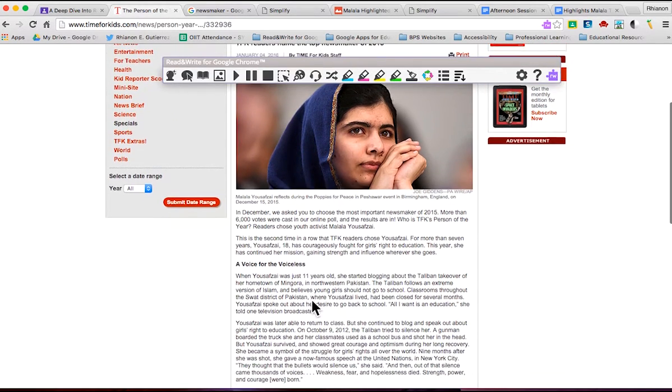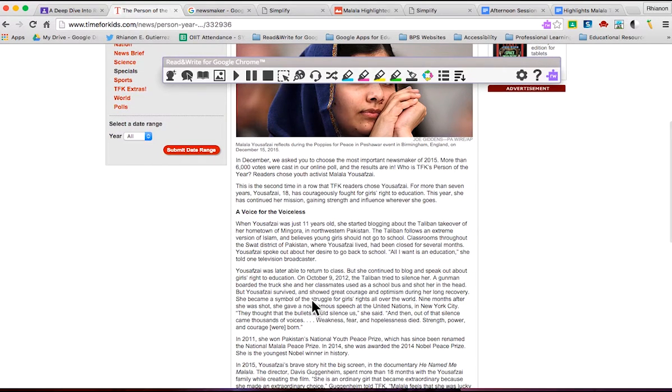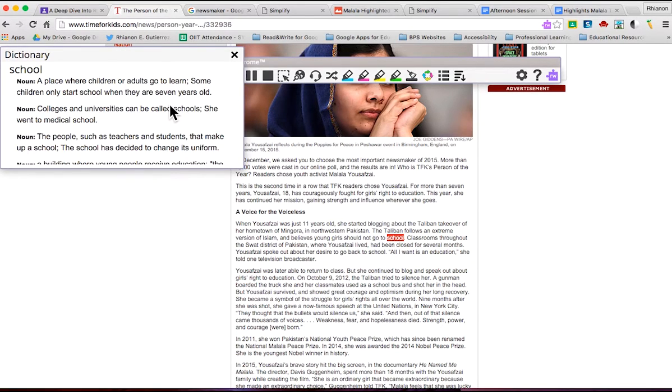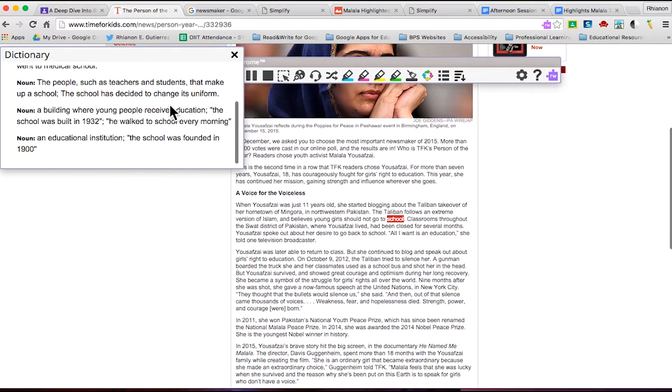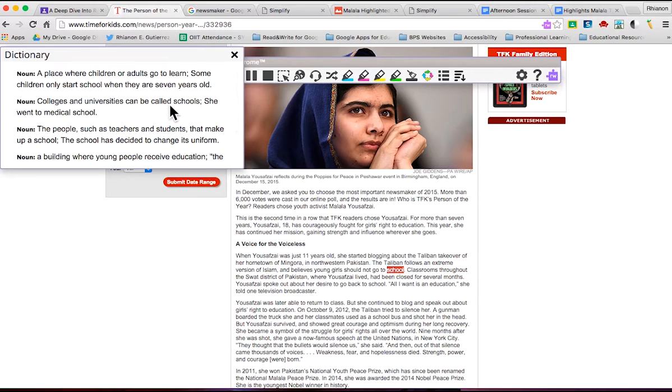Let's try using or finding a word that may possibly be defined in Read and Write's dictionary. Let's try school. Now, school is fairly basic, so it's likely that this will be defined. Let's try dictionary. Wow, so we see several different definitions there. Now, this can be the case for some words where you see many or one.